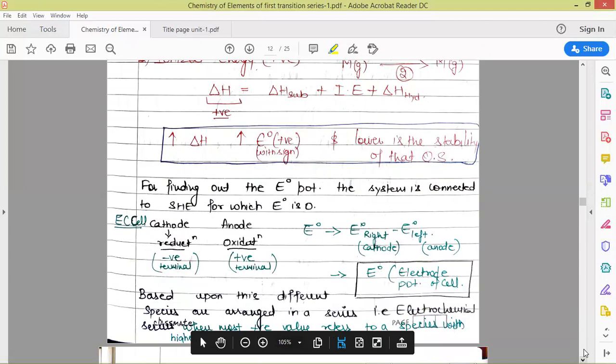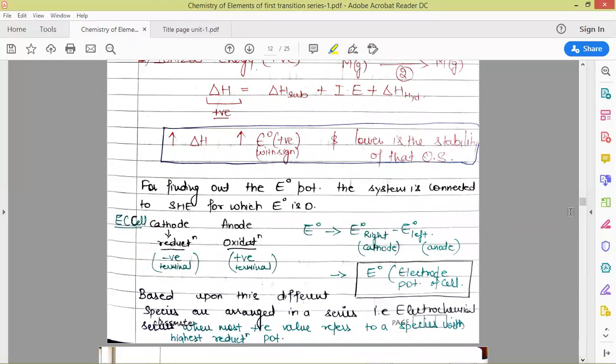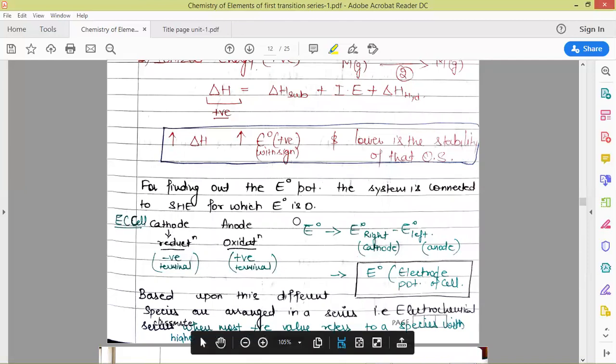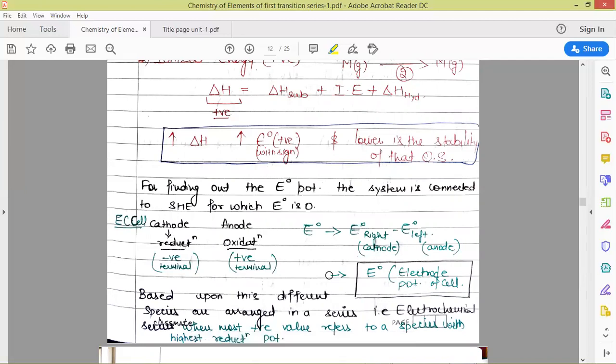Now the question arises, I would like to give you a brief idea about how we find the electrode potential values. So the electrode potential values are generally,